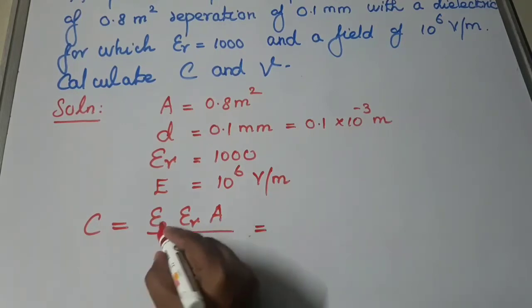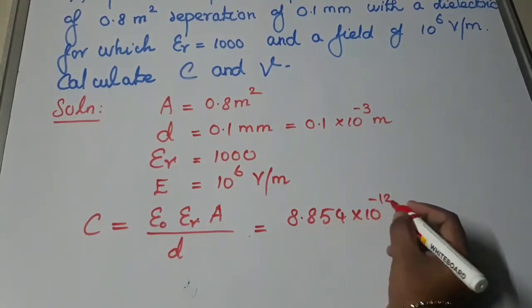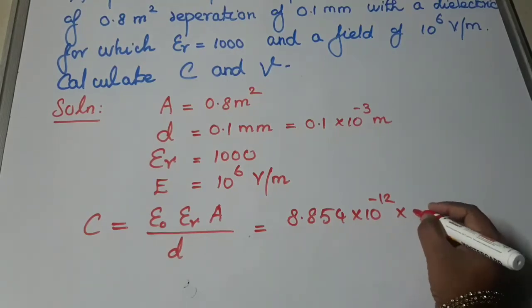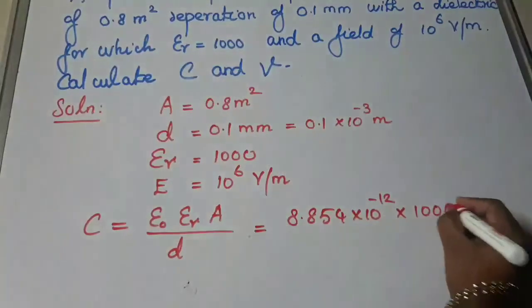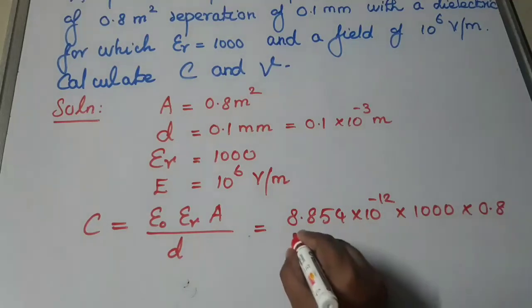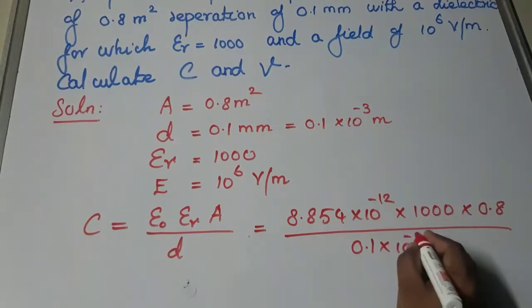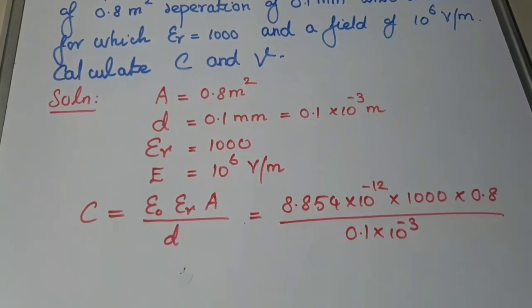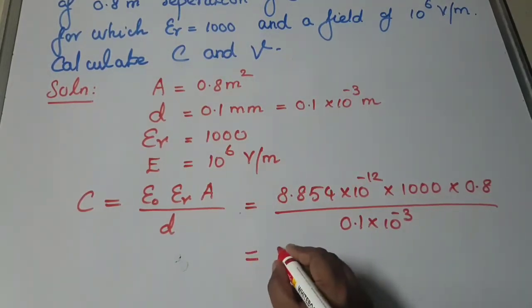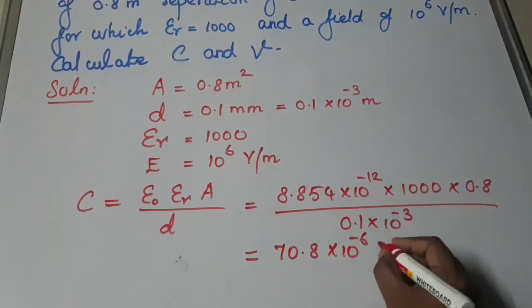Substitute all the values. Epsilon naught value is equal to 8.854 into 10 power minus 12 farad per meter. Then epsilon r value is equal to 1000. Then A value is equal to 0.8 meter square, divided by D value 0.1 into 10 power minus 3. Calculate this. We get the result equal to 70.8 into 10 power minus 6 farad,